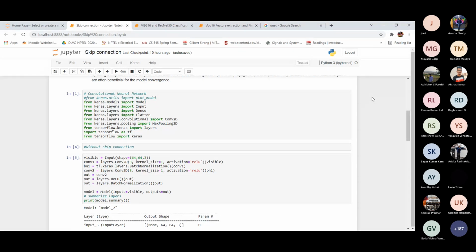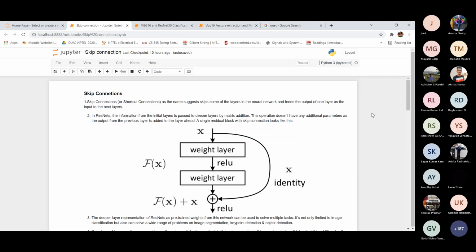So today we are going to discuss three topics. One is about the skip connection, and the other topics are classification using VGG16 and ResNet50 models, and at last we will discuss transfer learning using VGGNet. Okay, so I will start with the skip connection.